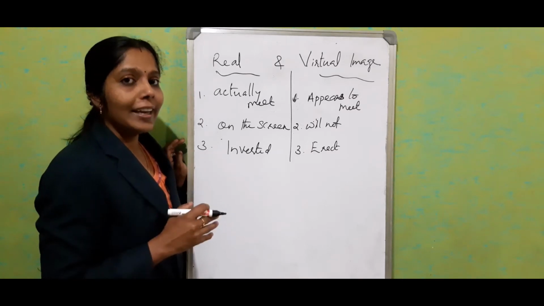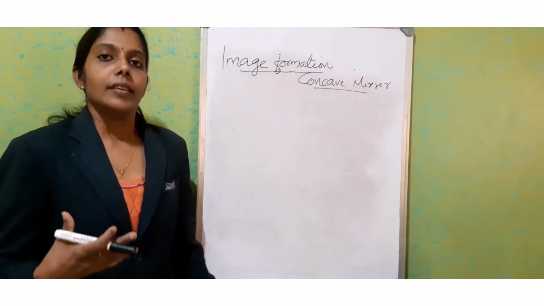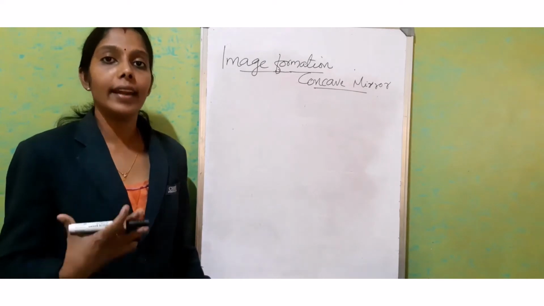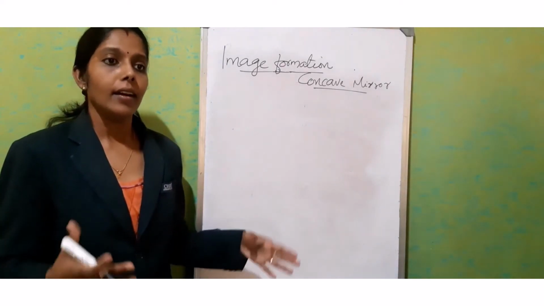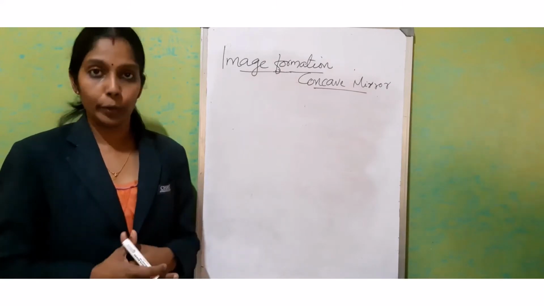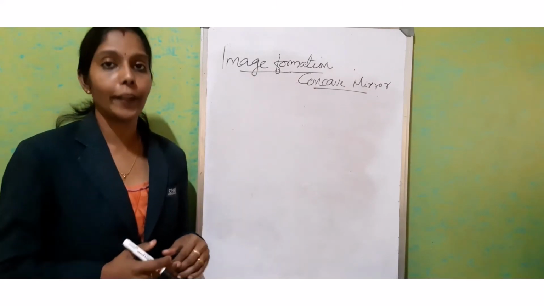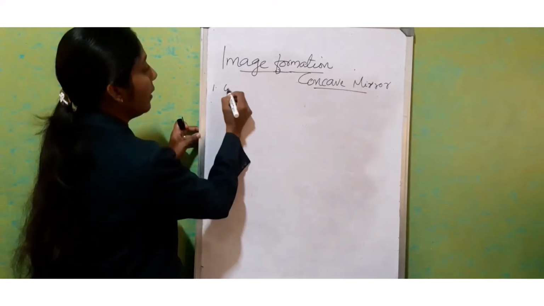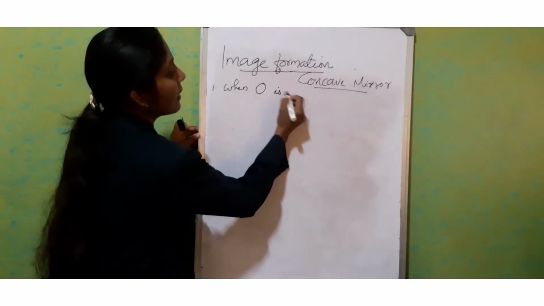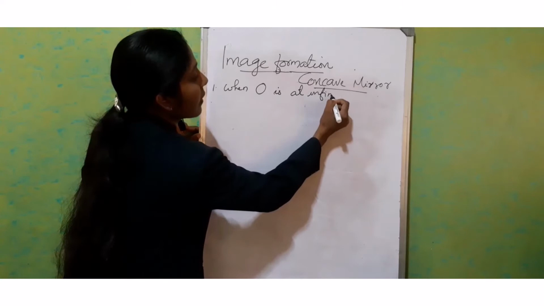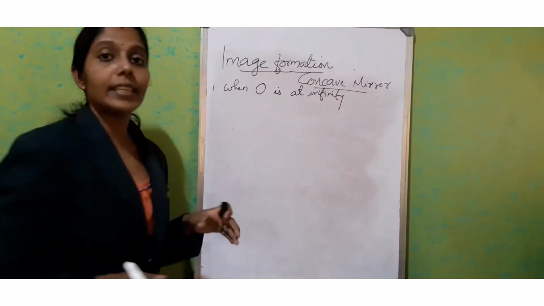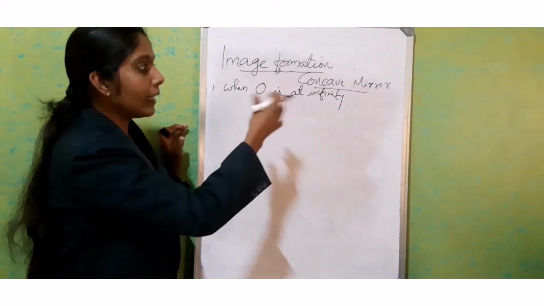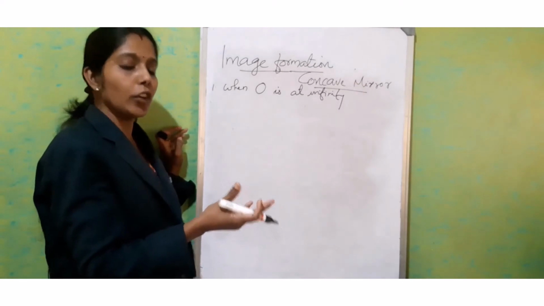Now, let's move on to the image formation. With the help of the convenient rays, we are going to see how to draw a ray diagram for the formation of image when we keep the object in different positions. First, we will see the case of a concave mirror. The first condition is when the object is at infinity. Where will we get the image? We will see all the cases of the concave mirror, then we will see what happens for a convex mirror.